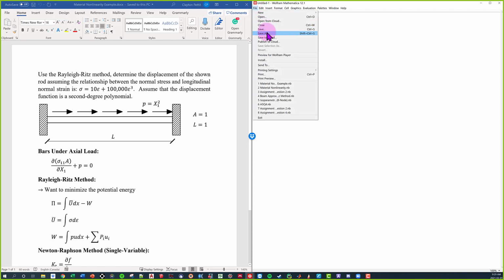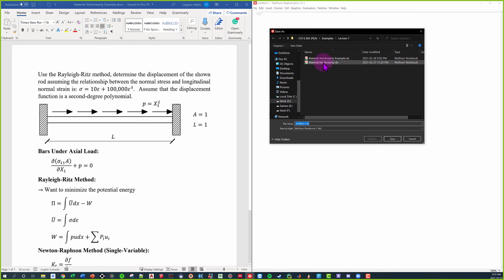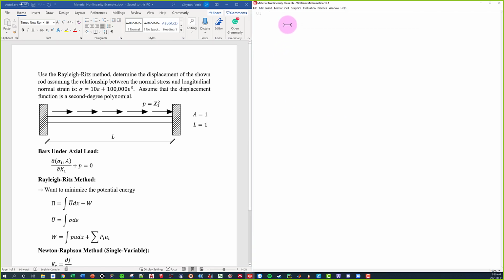All right, so I'm just going to save our file really quick. I prepared a nicer version, and I'll upload that into E-class so you can see. We'll call it material nonlinearity. I'll just call it class, something like that. So I'm just going to type in my go-to Clear really quick before we begin, so that every time we rerun it, we'll have nice fresh variables and hopefully no errors will occur. You never really know.